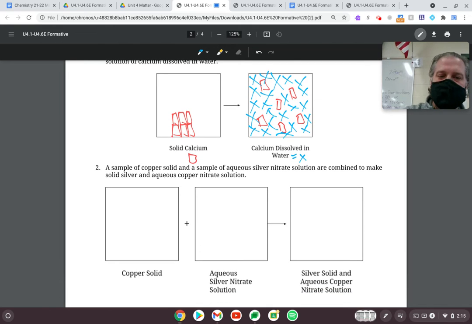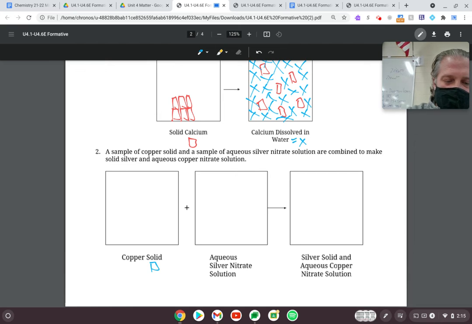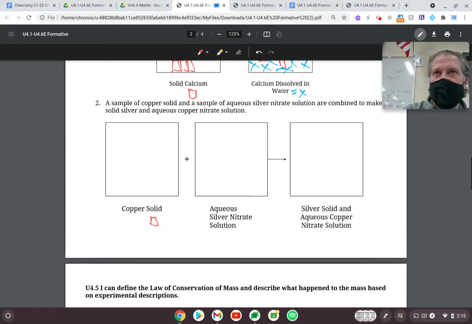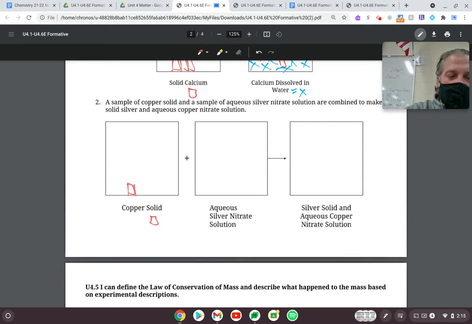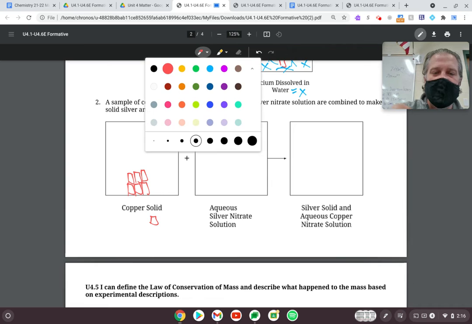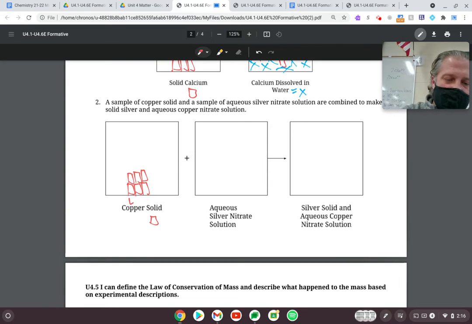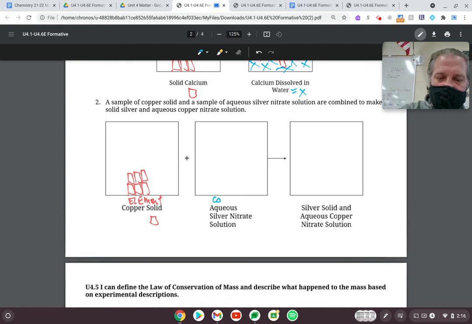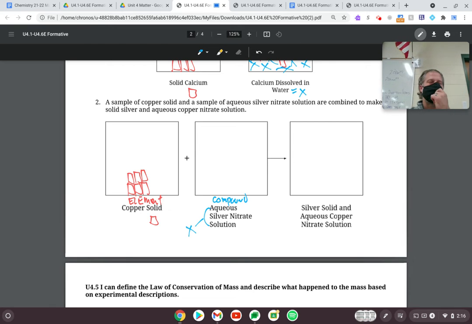Next one, we have copper, which is a solid. So we'll do it again. Solid, we'll make it a square. And when we do that, I'm going to do 1, 2, 3, 4, 5, 6. And then we have aqueous silver nitrate solution, and that's something we haven't talked about yet on this practice quiz. First thing I would like to point out is that this is a compound. And aqueous and solution tell me that it's going to be dissolved in water,